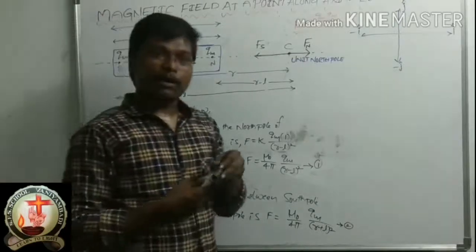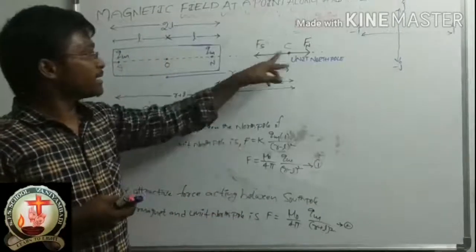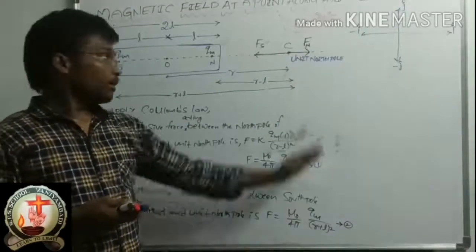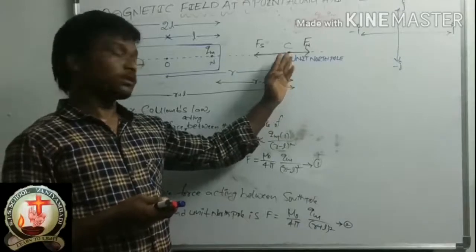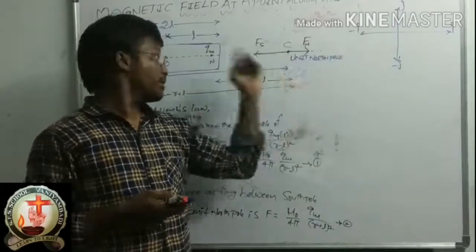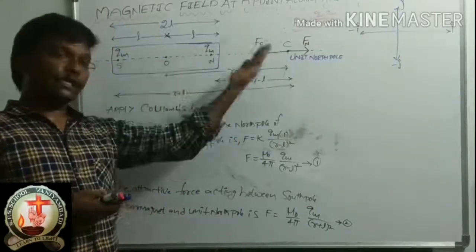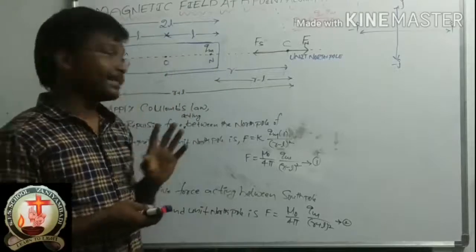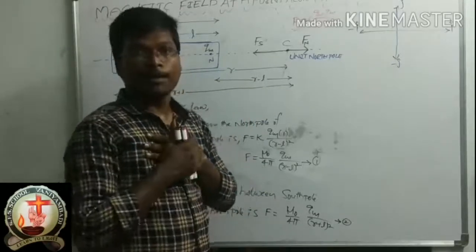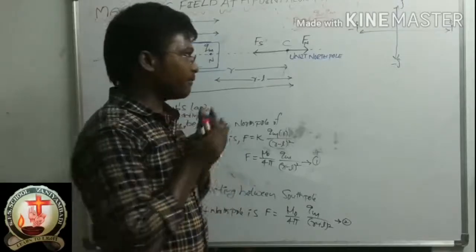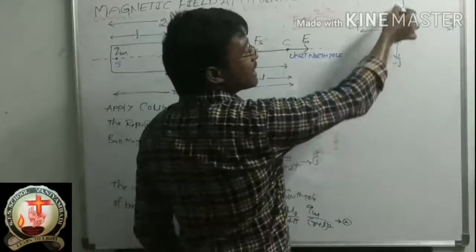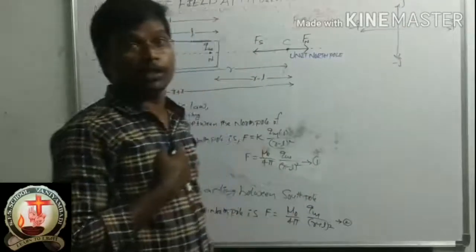But you can remember, I need the direction of the forces. Repulsion force with respect to north pole, force is acting in this direction. With respect to south pole, force is acting in this direction. Correct. So here I need the direction. From the geometry, we know the coordinate axis. From that, we know this is the I cap and this is the minus I cap. This is the j cap and this is the minus j cap. We know that. Correct, no?